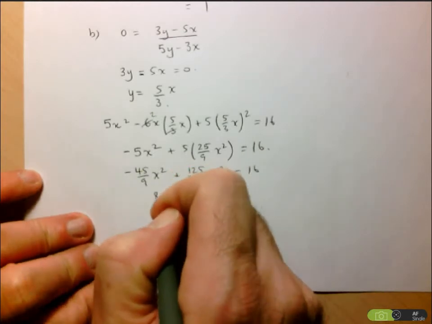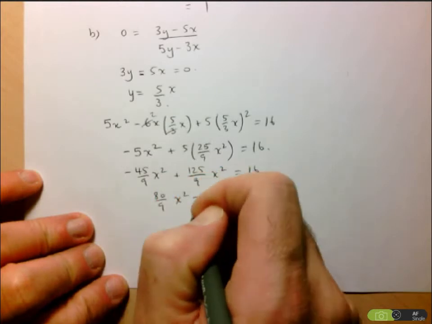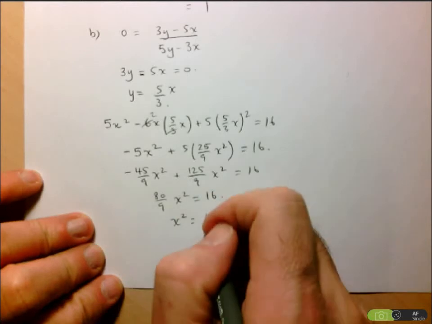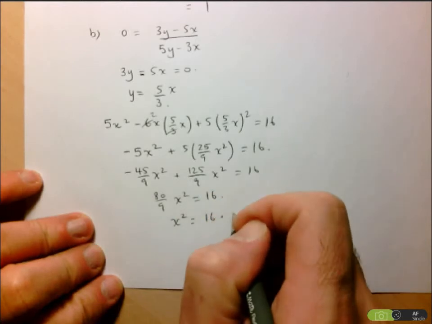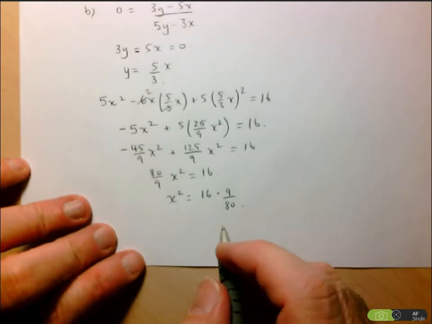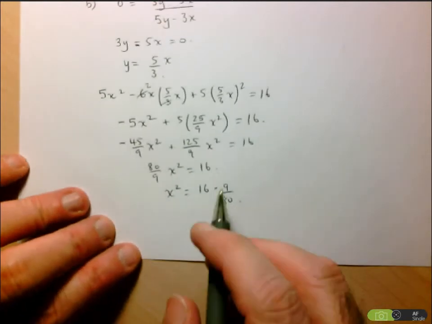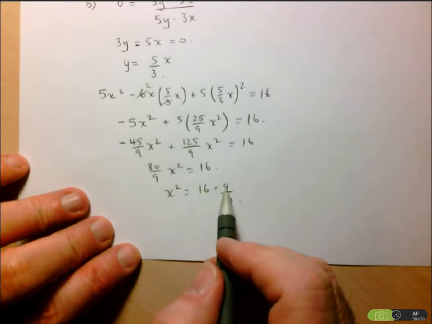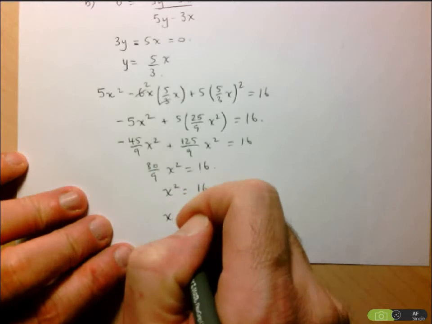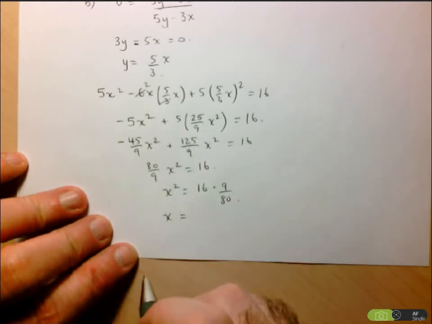So 80 over 9 x squared equals 16. And so x squared is equal to 16 times 9 over 80. Now we have to take the square root of both sides. I'm not going to bother multiplying this out because I see these are both perfect squares, so I'm going to leave it as is. So here we have x is equal to, now remember we're taking a square root,